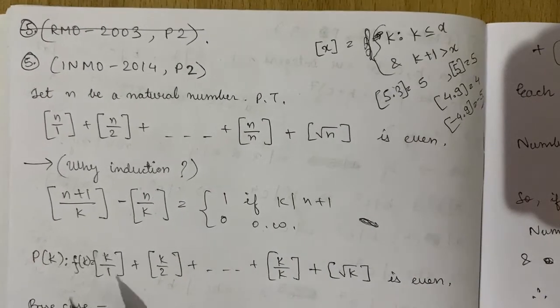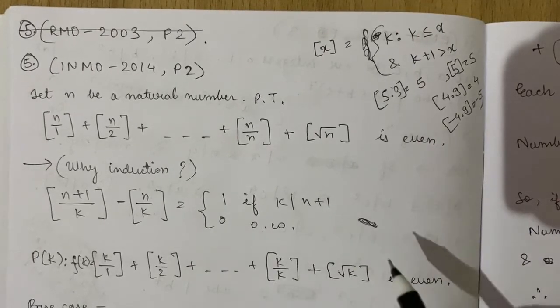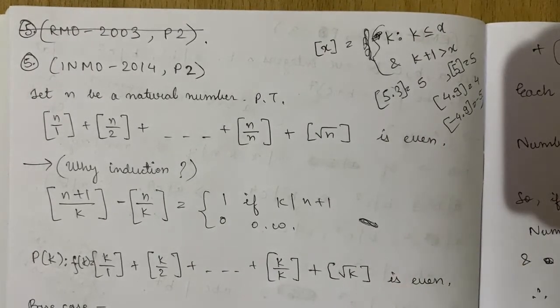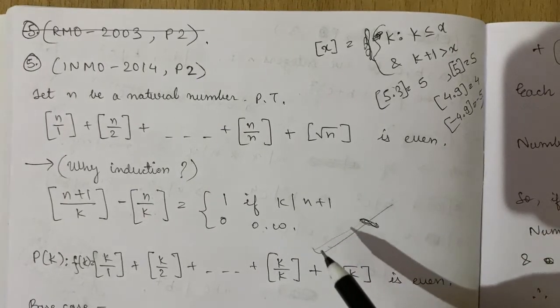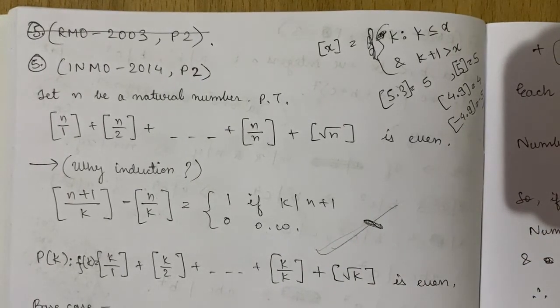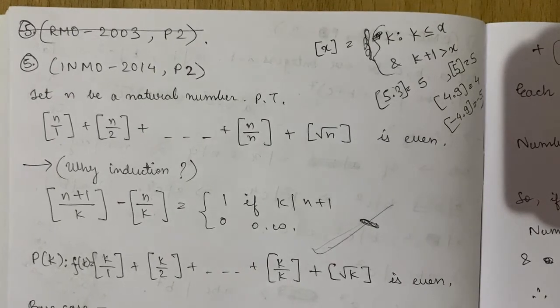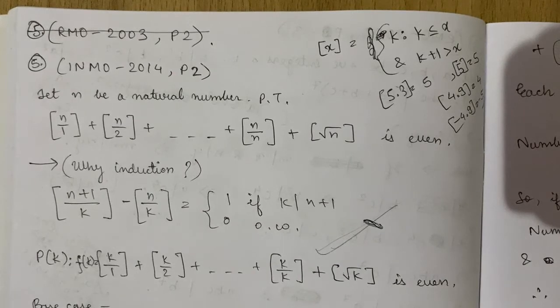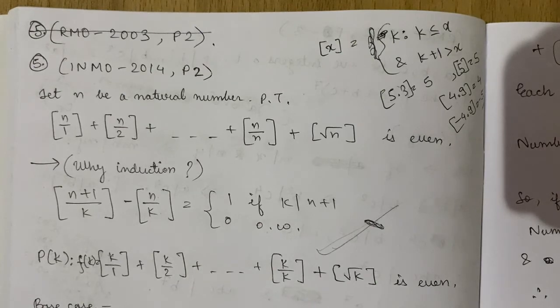And how did we come to this observation? This could only be observed if you have a very sharp mind, or by trial and error. So generally in number theory problems, we could observe a few things by trial and error. If you substitute some values of n, and you observe what is happening to each of the values, you can observe a few trends, etc.